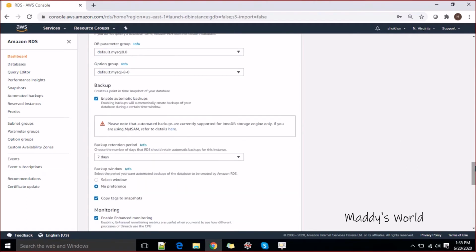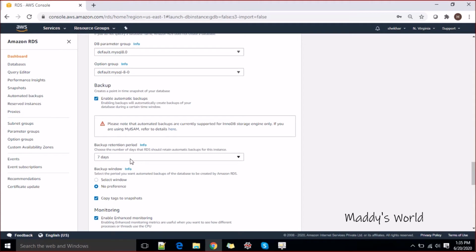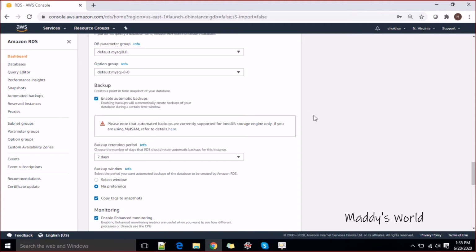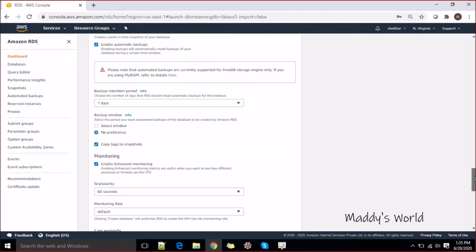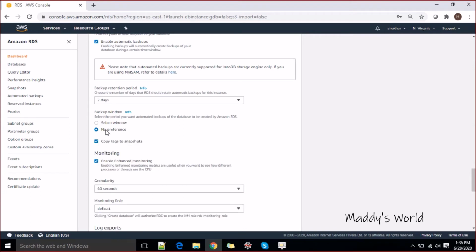The next is backup. Enable backup, automatic backup if you want to take the automatic backup. And what will be the retention policy? You guys already know about retention, right? After how many days the backup will be deleted automatically, right? So you can put those backup policies here too, right? You can select the window also when your backup should start. If no preference, it will start automatically. If you want to copy tag to the snapshot,